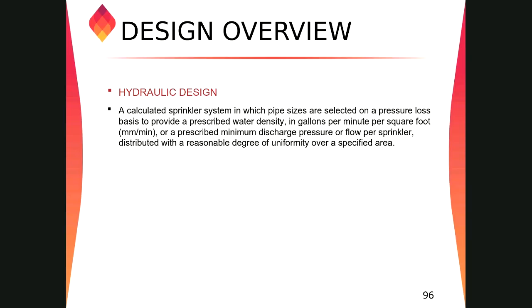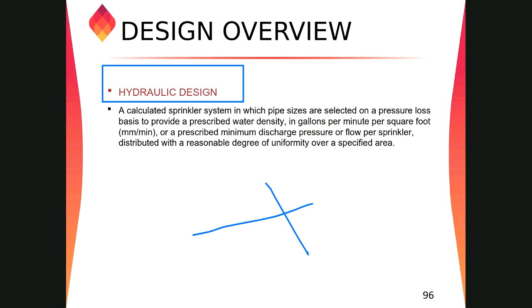Okay, now we came to the hydraulically designed piping, or hydraulic calculation piping, right? In hydraulic calculation software, we have to put the pipe diameter, length, the types of sprinklers, fittings, valves, everything. We have to put those values in the software, and then we do our calculation.